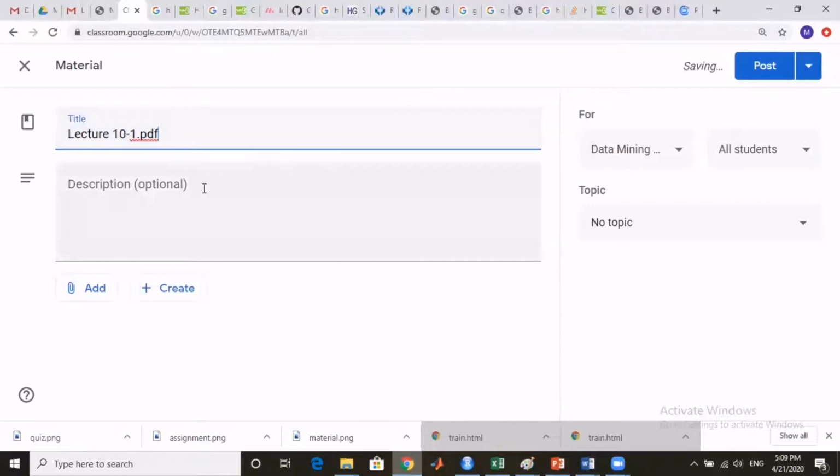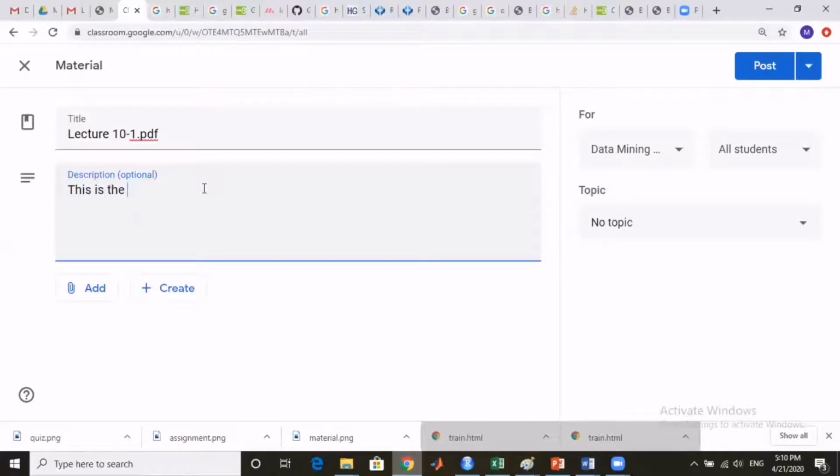1.pdf. The description about the lecture is an optional setting, but it is suggested that you provide a short description about the lecture or about the material, so that the students will be familiar with what they are required to do with this particular resource.